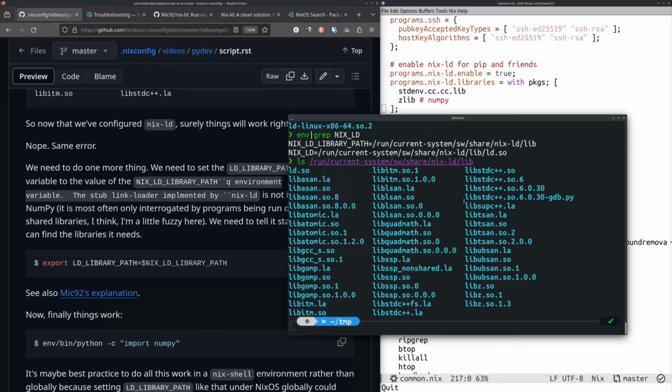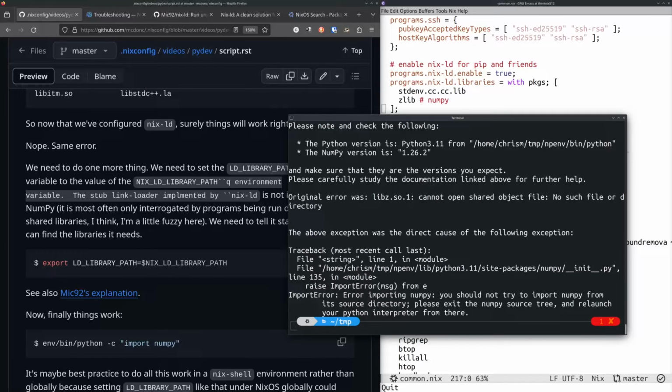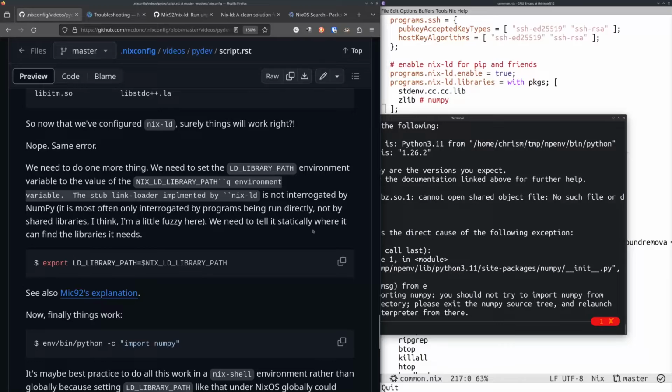Now that we've configured it, surely things will work now. Surely they'll work. Now we've configured this magical nix-ld thing. No, indeed not, sir. Absolutely not. So I'm a little fuzzy about why this doesn't work yet, but Jörg has an explanation in his excellent write-up of this nix-ld thing. But what we need to do in order for things to work from this point on